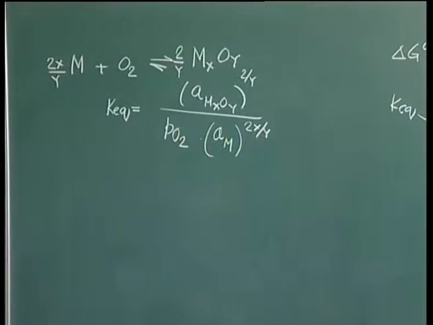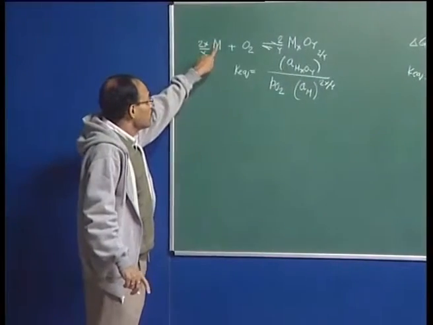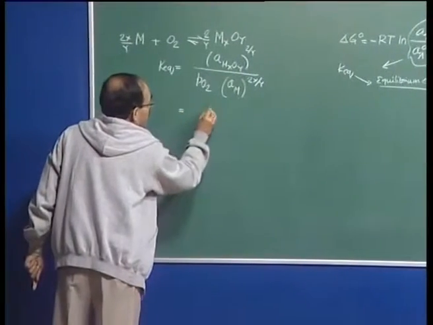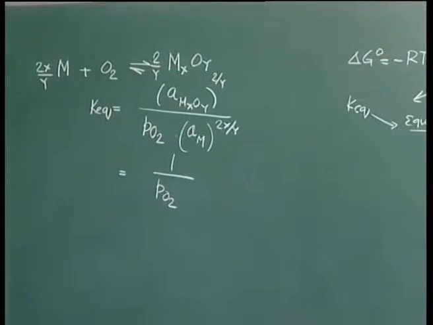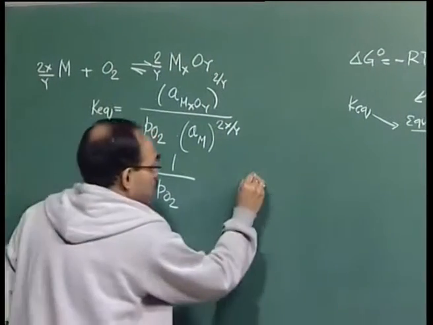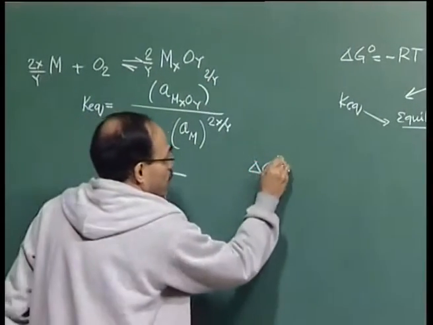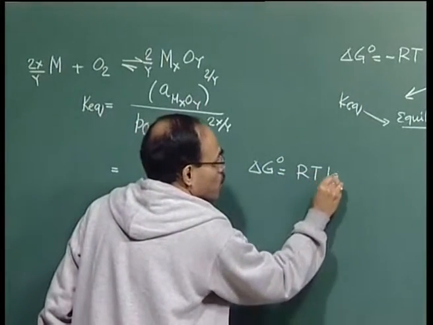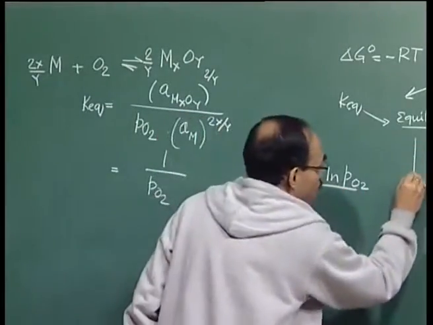by y. Since we are talking of standard free energy change, the standard state is the pure metal and metal oxide. So, therefore, their activity is going to be equal to 1. So, this equation is going to come out to be the partial pressure raised to the power. Therefore, now one can measure the partial pressure of oxygen, and delta G naught is exactly going to be equal to RT ln PO2. The negative sign cancels out, and that is what it is, and therefore, we can now